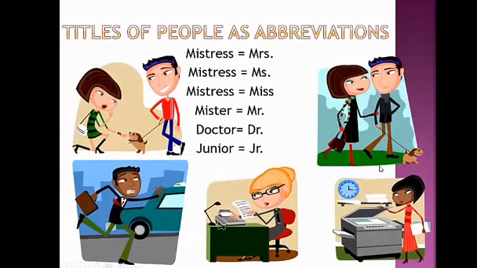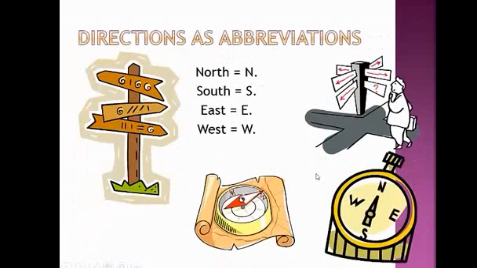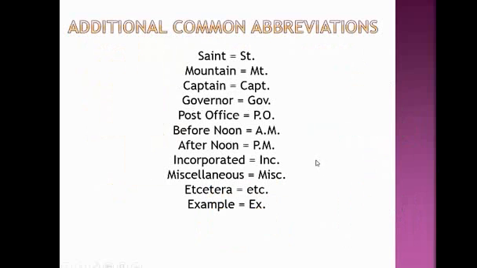Mr. is capital MR, period. Another common one that we see a lot is doctor, capital DR, period. Junior is something that would come after a name, capital JR, period. Directions as abbreviations. We can abbreviate north, south, east, and west by using a capital letter and a period after it. And other common abbreviations that we use are listed here. Let's take a look at some of them. Saint, as in churches, whenever we are referring to a church like St. Peter,